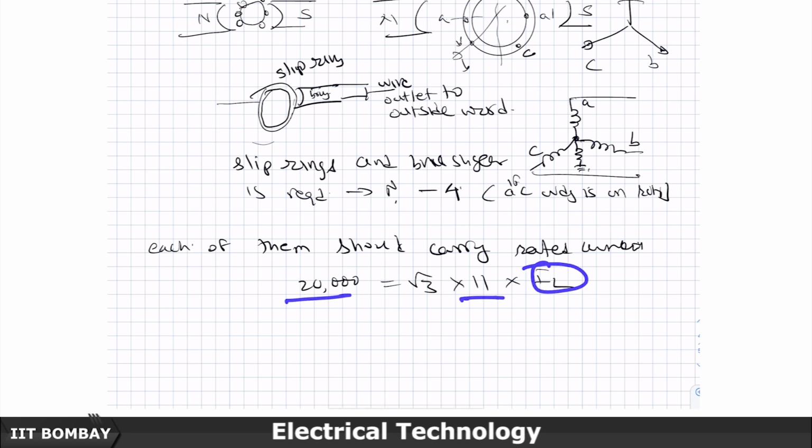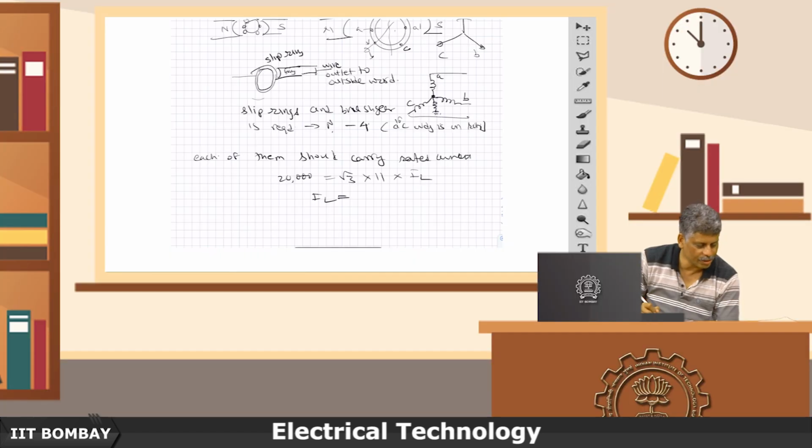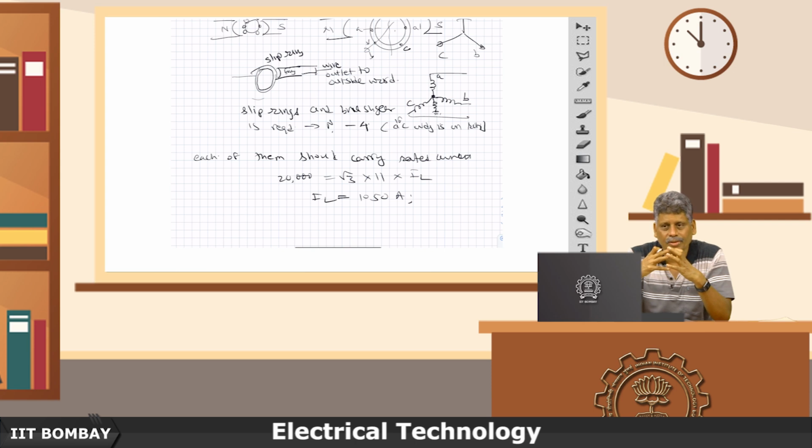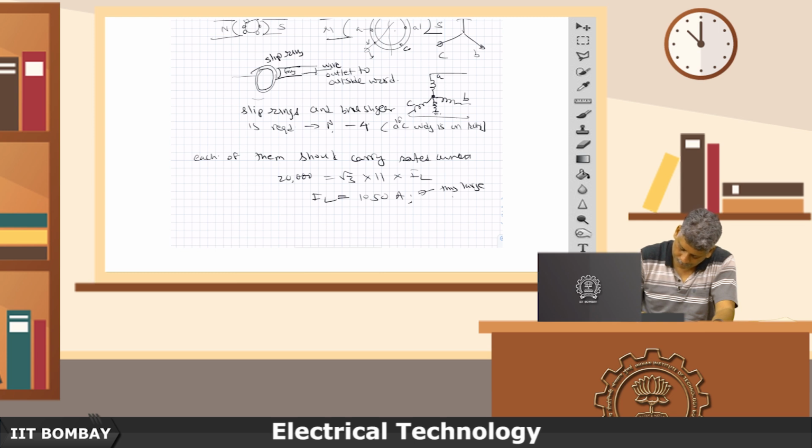So, the current will turn out to be in amperes, and the IL will turn out to be in this case approximately 1050 amperes. So, the thickness of the wires, the conductor, everything should be designed to carry this large current,